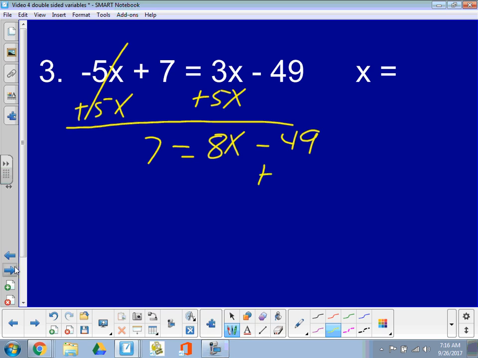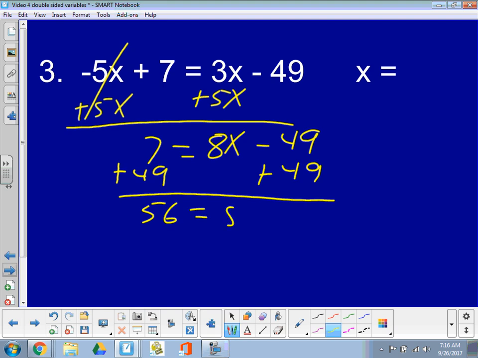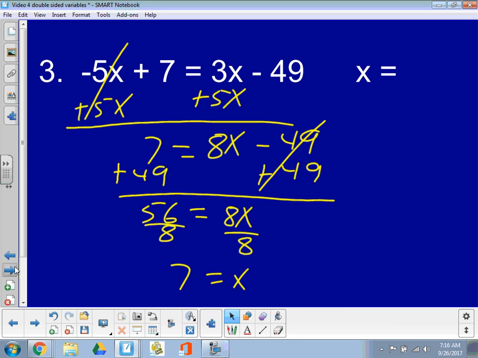I'm going to add 49, and when I do that, I get 56 is equal to 8x, and those two cancel. I'm going to divide by 8, 7 is equal to x. If you went about it the opposite way,